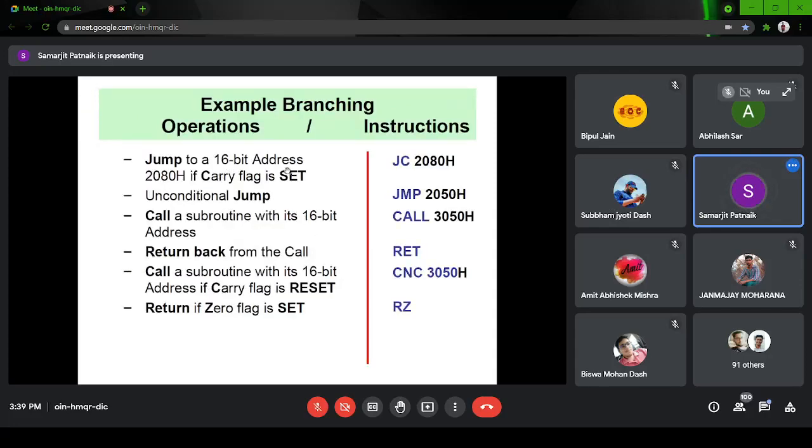Jump to a 16-bit address if carry is set is JC; unconditional jump is JMP. Okay, these are the types of syntax. Do not worry about all these things. Once we start writing programs, we'll get to know. Anyhow, we'll be writing 5 to 6 programs, and once we write all of them, we'll understand each of it.